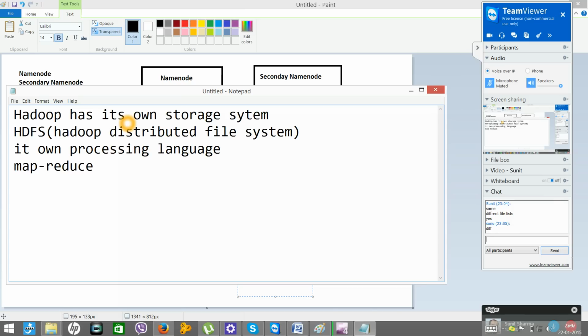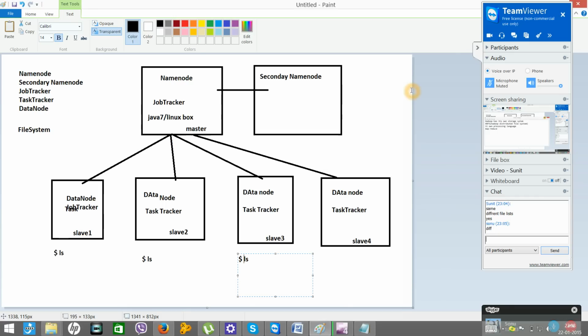To process those data, which language is it going to use? MapReduce. Getting my point? So when you install Hadoop in these five systems, you will get HDFS and you will get MapReduce support. Agreed?